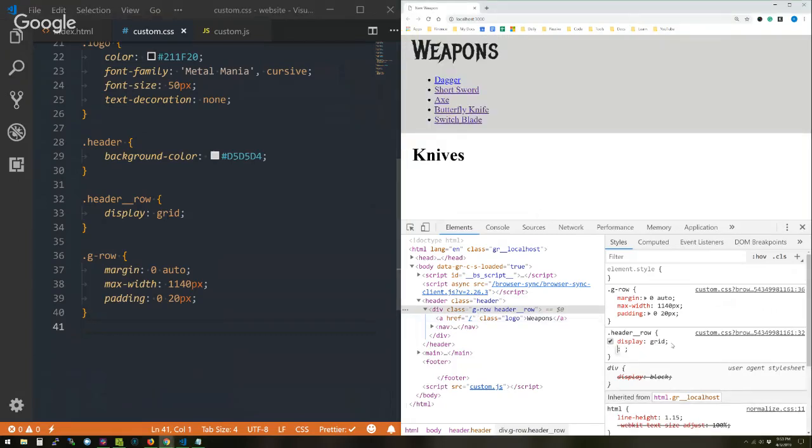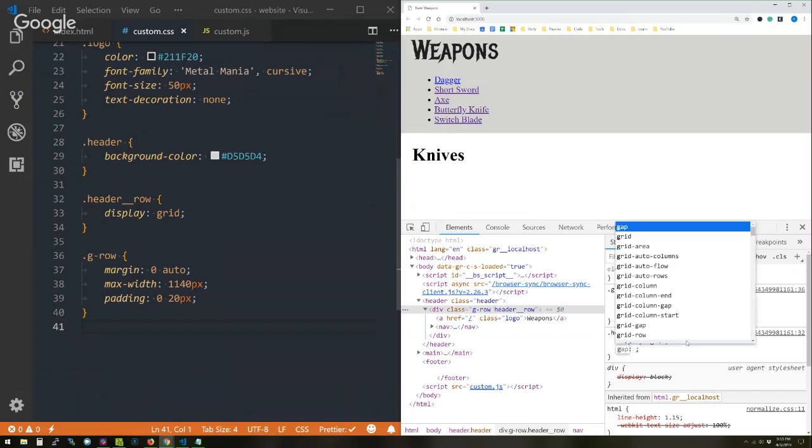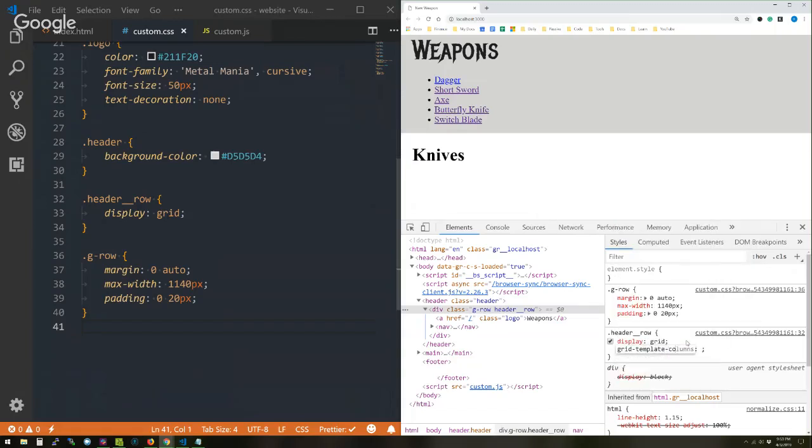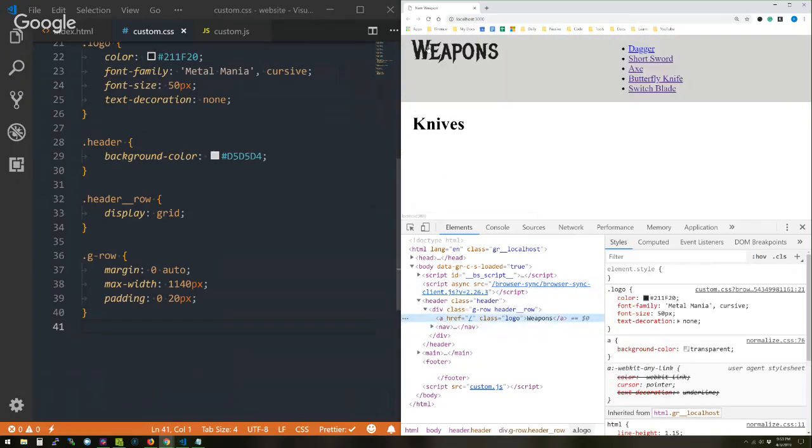But what we need to do is actually specify some columns so we can fit each of these children into columns, because this is a child and this is a child here. So do one FR, one FR. In fact, if we're looking at this logo more closely,